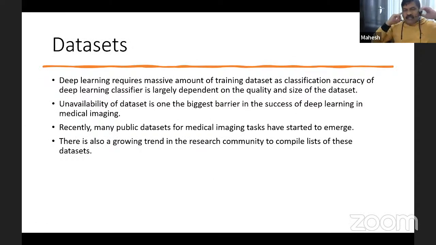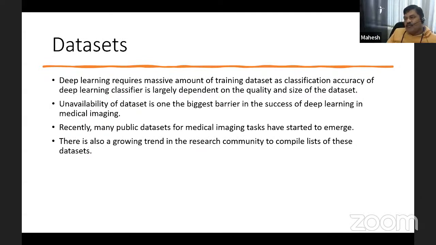Okay, so deep learning requires a massive amount of training data. Unfortunately, such a data set is not available for COVID. So whatever data set we have available, we are working with it. Unavailability of data sets is one of the biggest barriers to the success of deep learning in medical imaging. And also, unlike other data sets like sports video or vehicle data sets, medical data sets are not available online